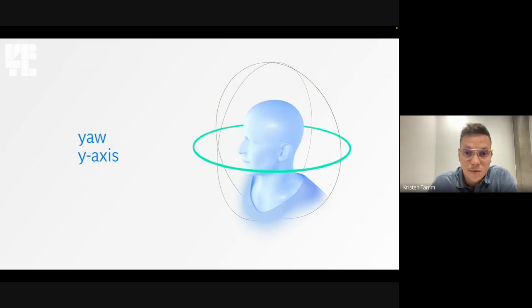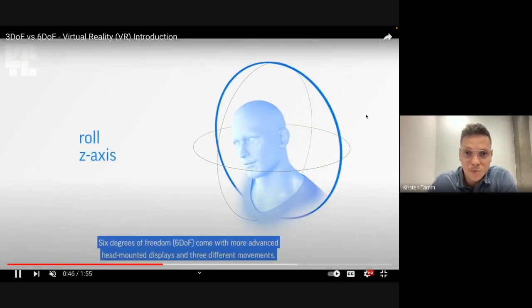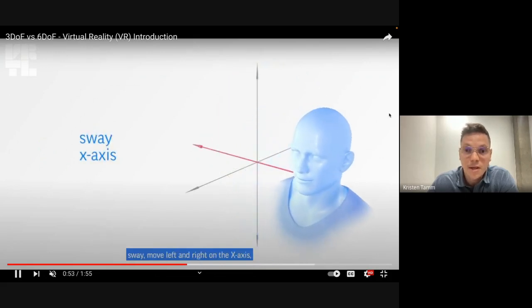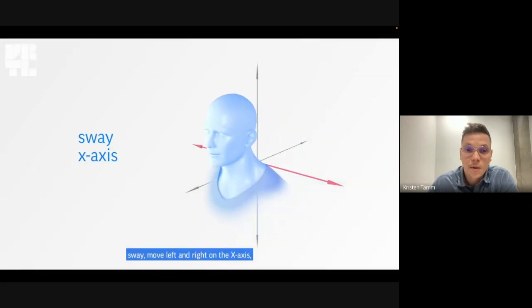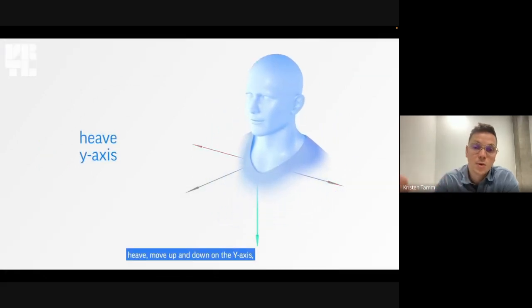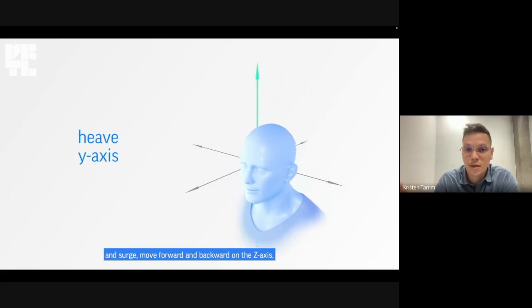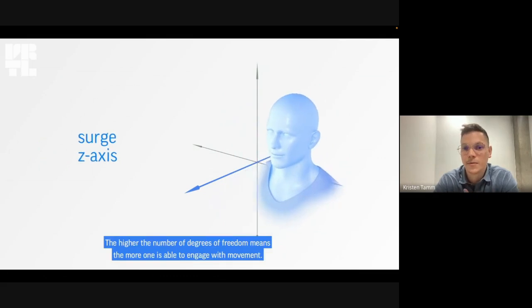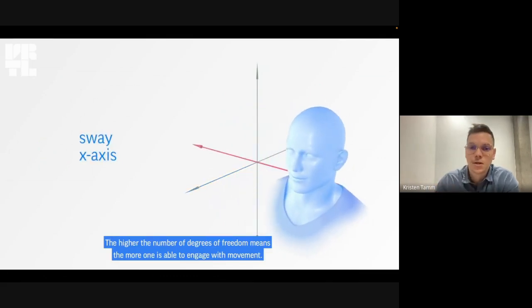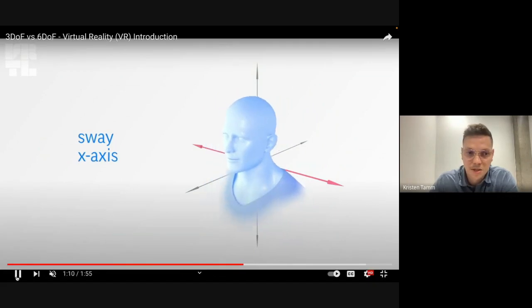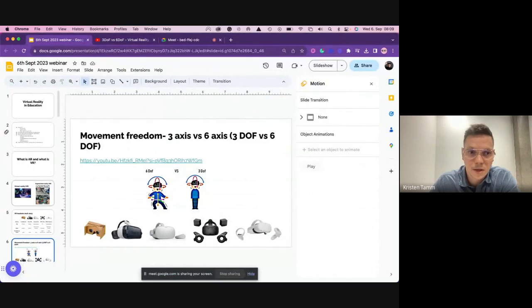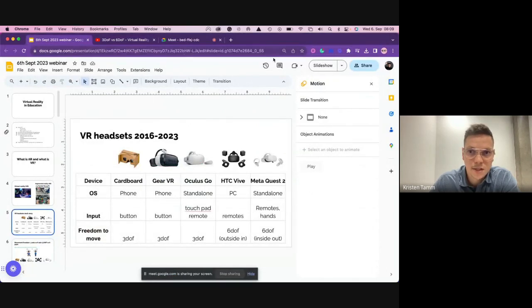With 6DoF, in addition to being able to look around, you can also move around, meaning you can experience the virtual world very naturally, and similarly to real life, your character can move around in this virtual space. And this is important because with many of these devices,